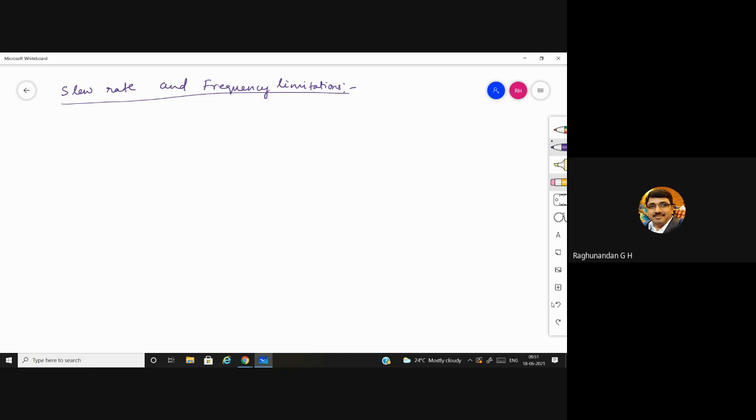Slew rate, and now we are going to discuss the causes of slew rate, or what happens whenever there is a rise in frequency. Input frequency is raised continuously. So what happens during that time, or to what level the device can compensate, or to what level the device can tune up with respect to the input and output. That we are going to discuss here.